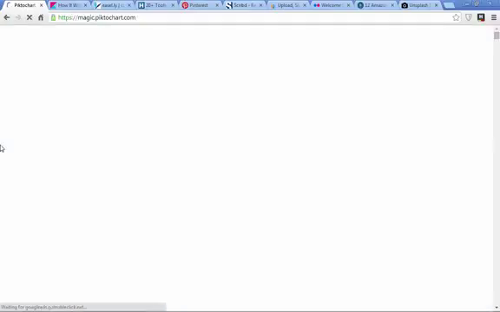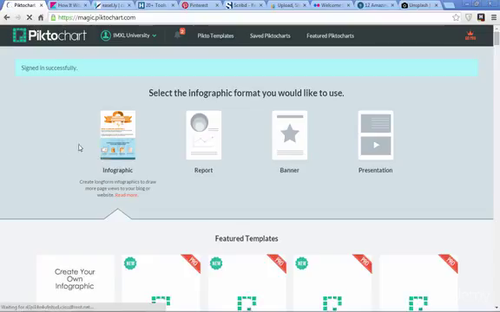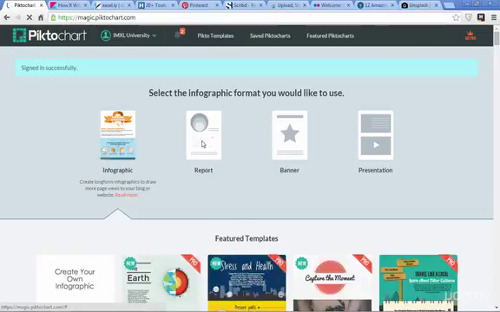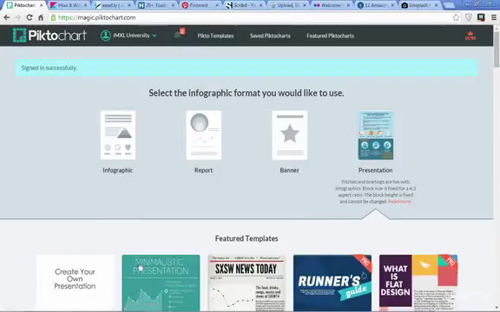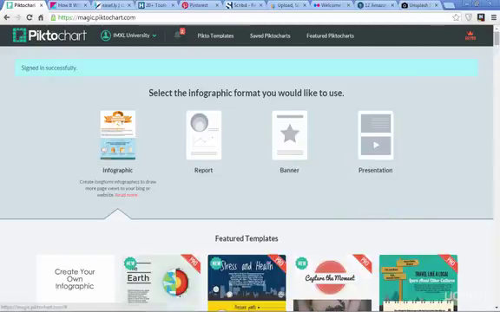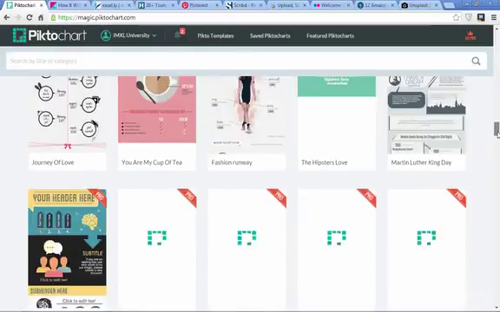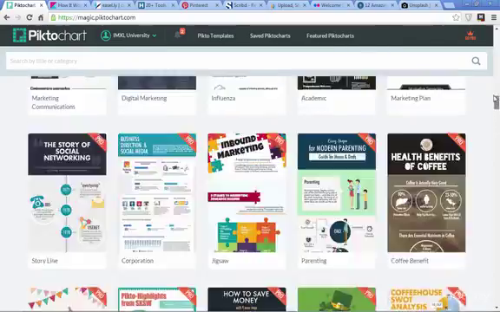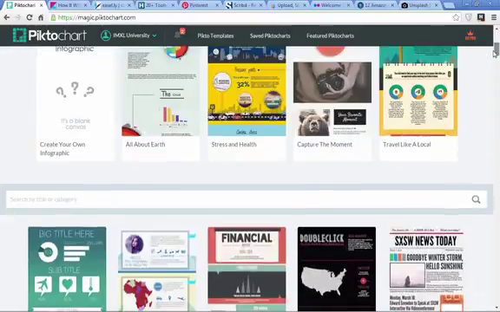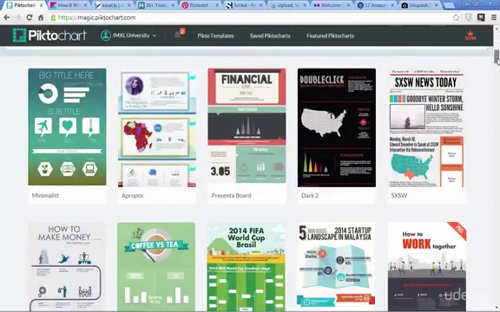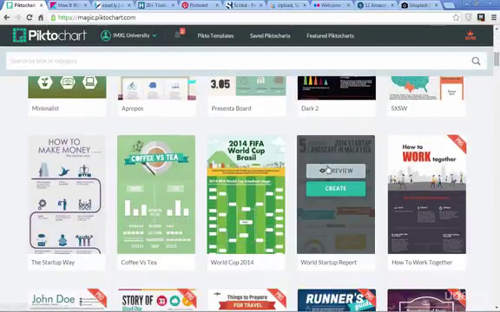And then once you're logged in, it's going to give you a number of different templates that you can use. So you can choose between an infographic, report, banner, or presentation. We're going to do an infographic here. And down at the bottom, you're going to see all their templates. So you can scroll through and figure out which one you like the best, figure out which one is most appropriate for whatever it is that you want to get backlinks from, whatever your niche is, whatever your business is related to. So let's go ahead and choose one, and all you do is hover over it, click Create,